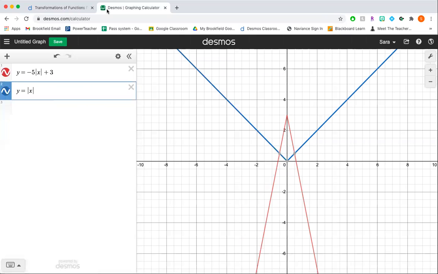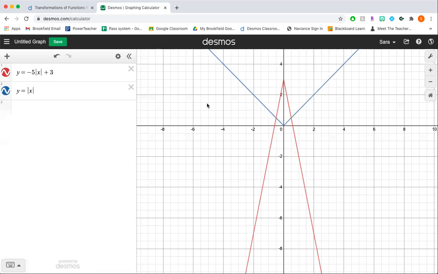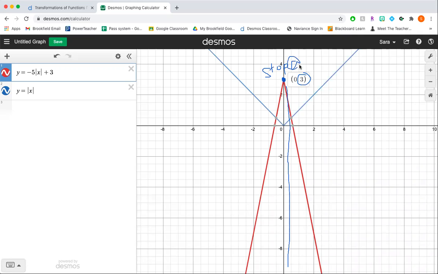So the domain never changes for absolute value or quadratics. It's always going to go -infinity to infinity. But my range this time, my graph is upside down. And when I talk about range, I talk about my range from lower bound to upper bound. So I look at this graph from the bottom to the top of it. And the top of my graph is right here. And at that point, my y value is 3. So here my range is going to stop at y equals 3. And it's going to start, well, if I zoom out here,